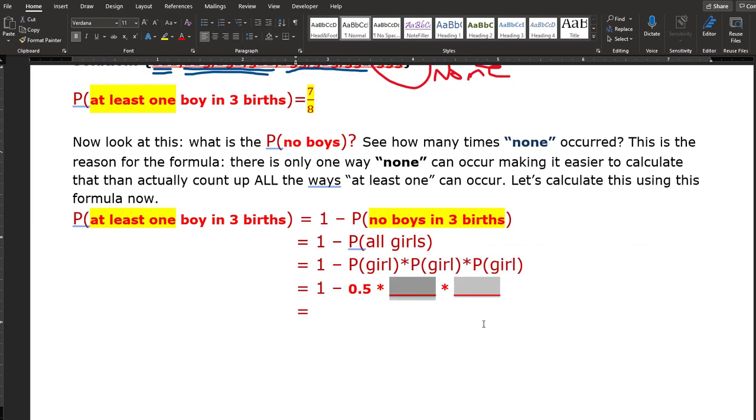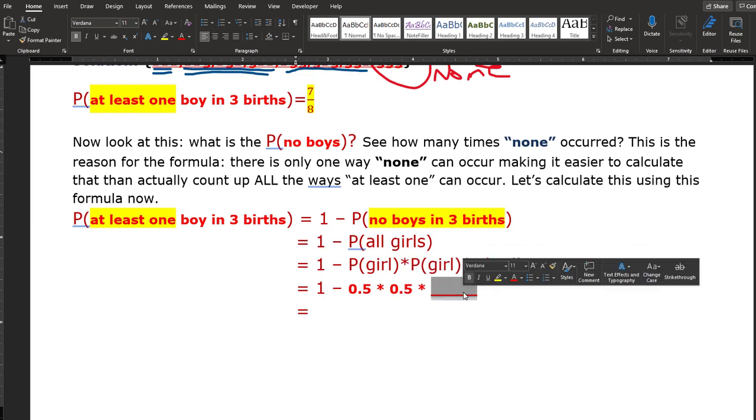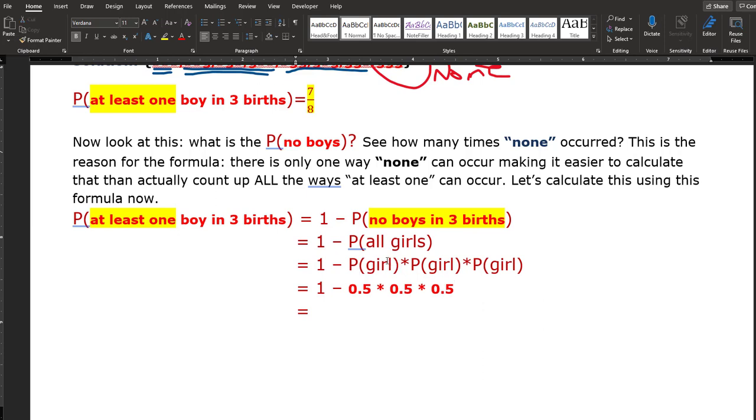So 50%, okay? We know that the probability of having a girl is 50%, and we want all girls since we don't want any boys. Well, that's 0.5, 0.5, 0.5 right there, okay? That'll end up being 1/8 when you multiply it, so you'll get 0.125 right there. And when you subtract this out, that's where you'll have your ending result, 0.875. And if you look at the decimal here, 7/8 is the same exact fraction we got